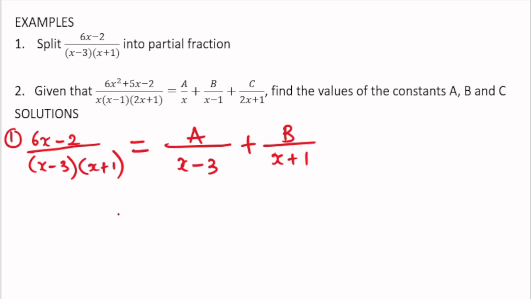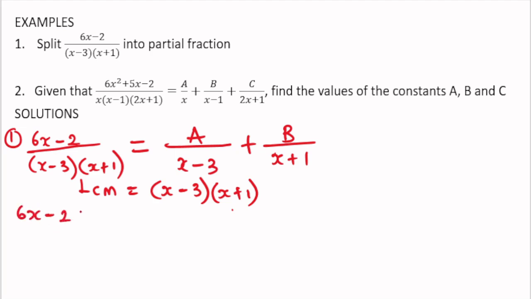After splitting into partial fractions, with the denominators given, we'll have to look for the LCM. The LCM of this expression is (x minus 3)(x plus 1). So we use this LCM to simplify the question above. Now for the left hand side, (x minus 3)(x plus 1) divided by (x minus 3)(x plus 1) is 1. 1 times 6x minus 2 will give us